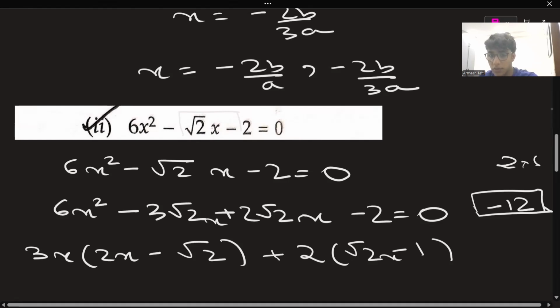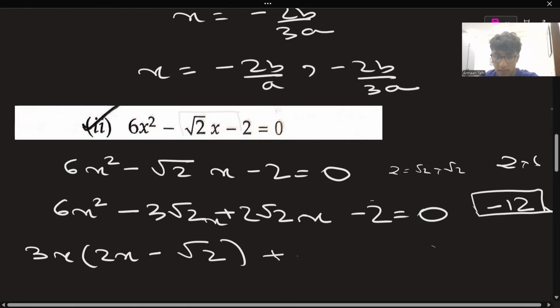So, as you know, 2 is equal to what? Root 2 into root 2, right? So if I just break up 2 into root 2 and root 2, then I can take root 2 out common, right? So how can I do that? If I erase this part,